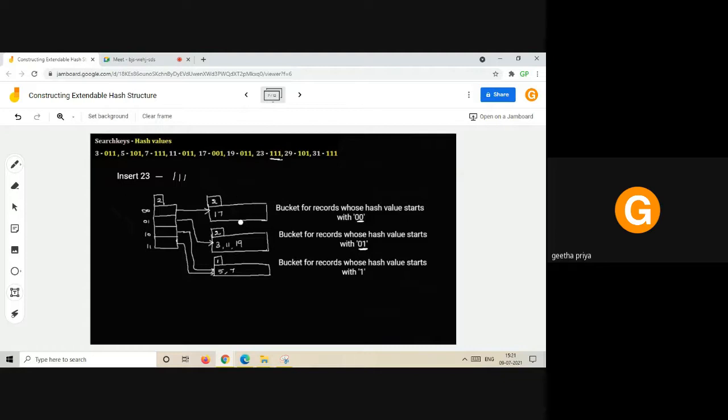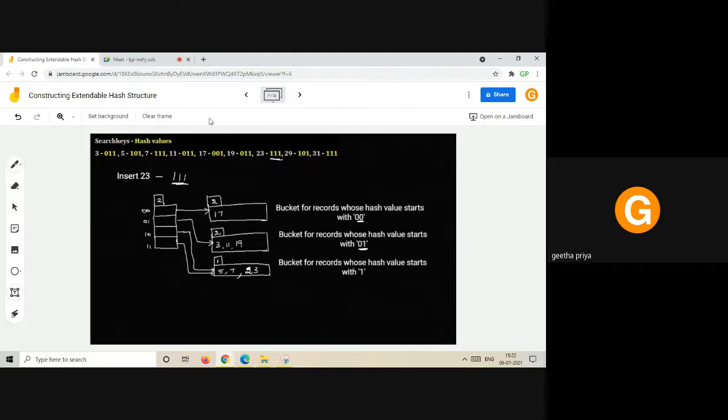And 23 won't go in either of these buckets because its hash value is starting with a 1 only. Okay, so here check in this bucket, there is a bucket for records whose hash value is starting with 1. Okay, so that means here there is a place also. 3 records can be put into a bucket. So 23 goes here, no problem. Okay, so far it is all fine.